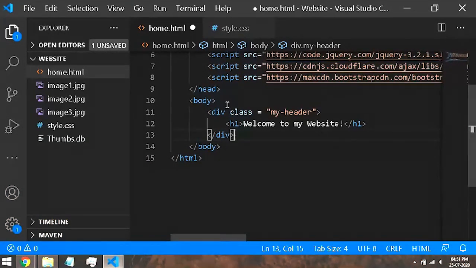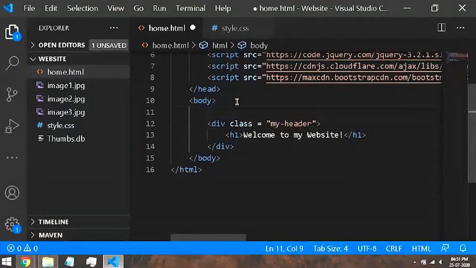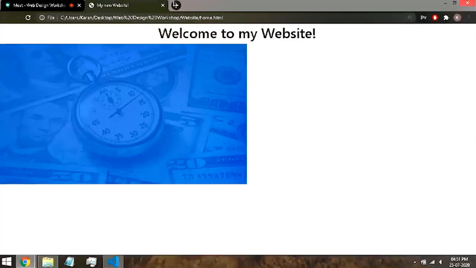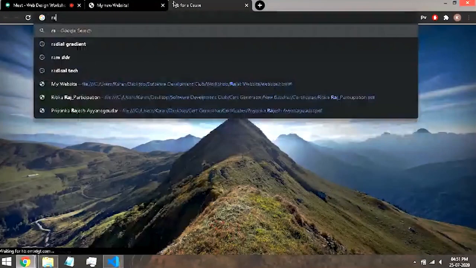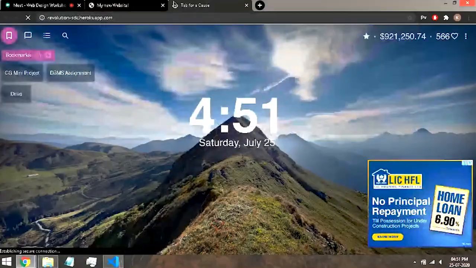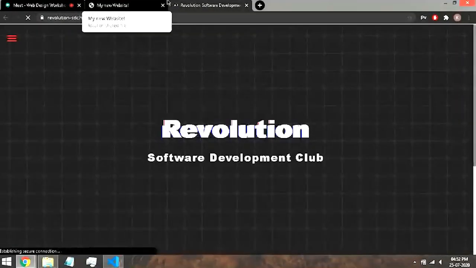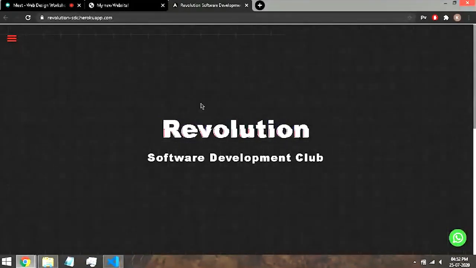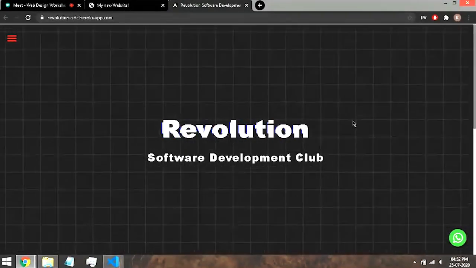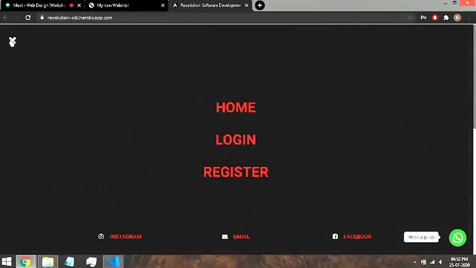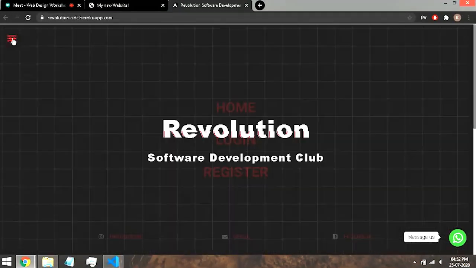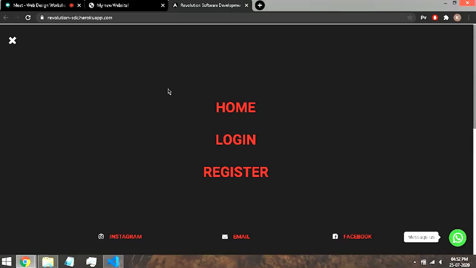So first, before the welcome to my website, what we will be creating is a navigation bar. What is a navigation bar? Basically, a navigation bar is used for navigating throughout your web pages. If a website doesn't have a navigation bar, then in my opinion, it's either a single page application or it's pretty useless. So a navigation bar is a must in every website. I will just give you an example. If I click on this button right here, a navigation screen appears. Basically, there are multiple methods of showing the navigation bar to your user.